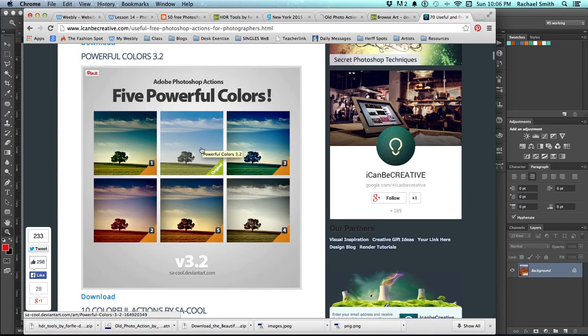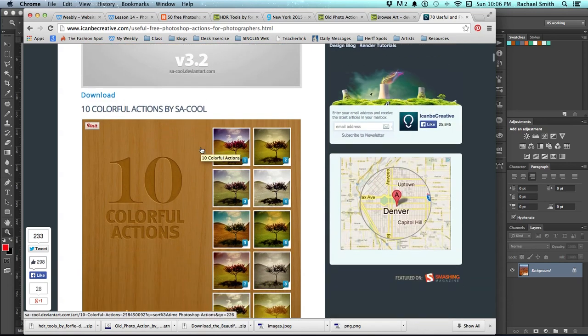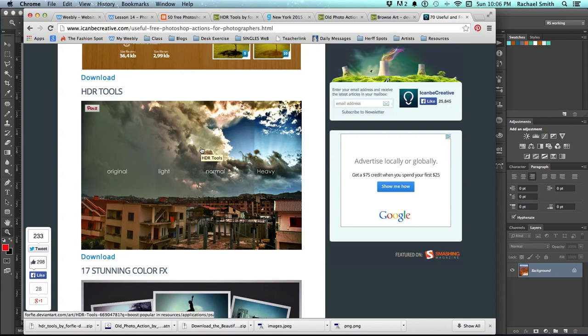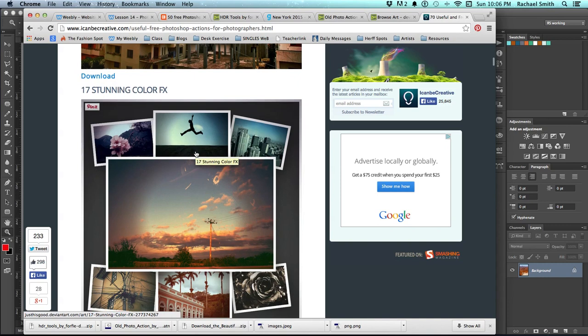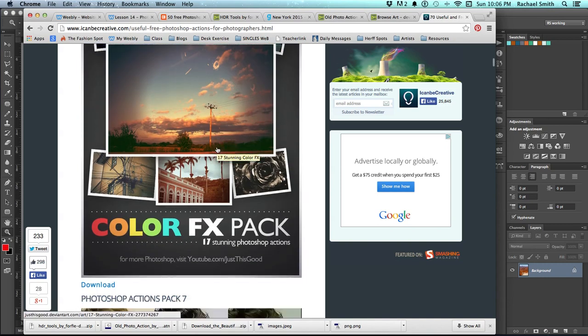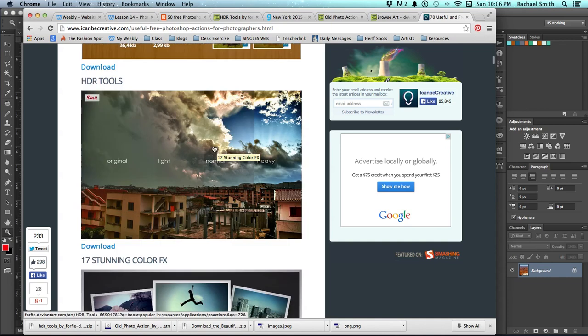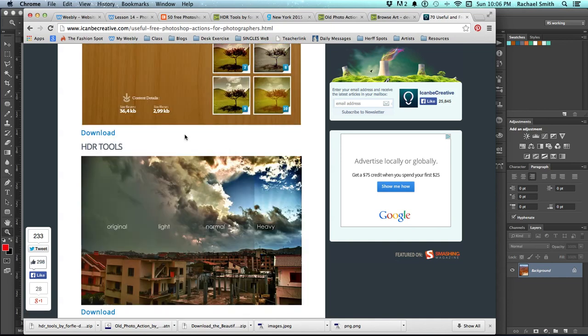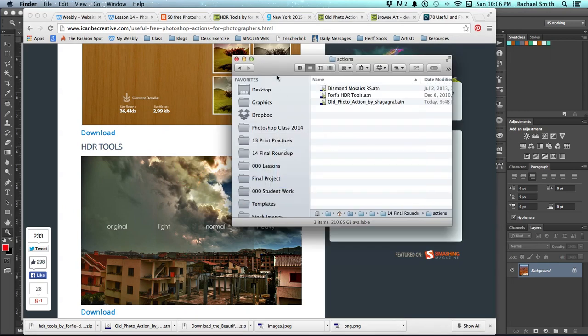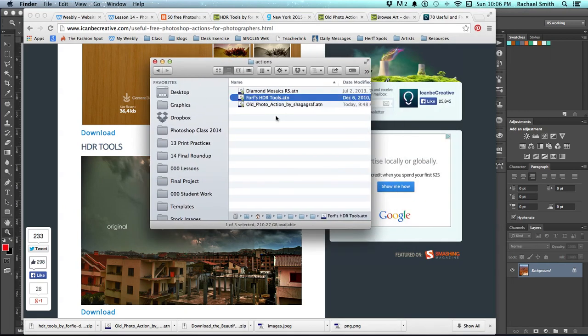Photo actions tend to depend a lot on the qualities of the original image, so you can't always guarantee that you'll end up with a beautiful result by running an action if you have an image that is completely different in all qualities than the one that they show. So you could come on here or any number of other sites and find actions to download. Once you've downloaded a file, it is a .atn,